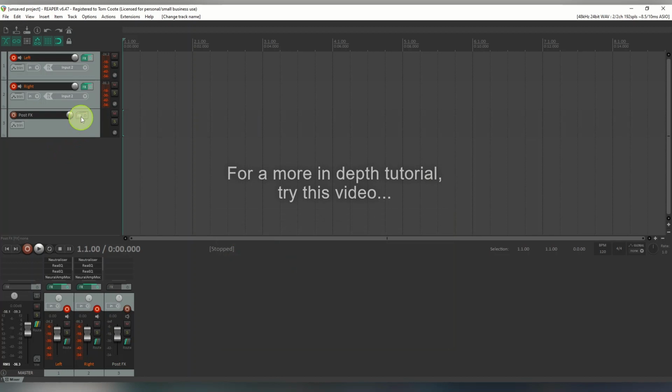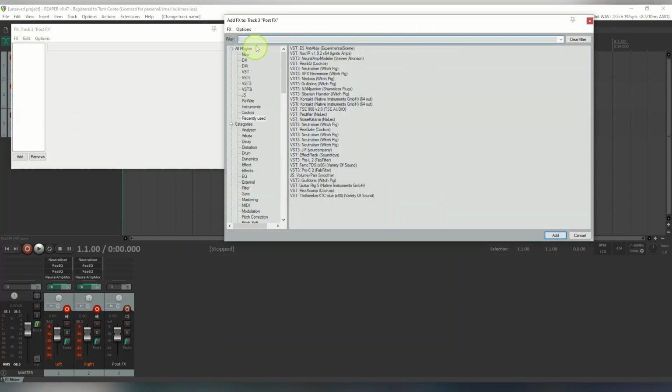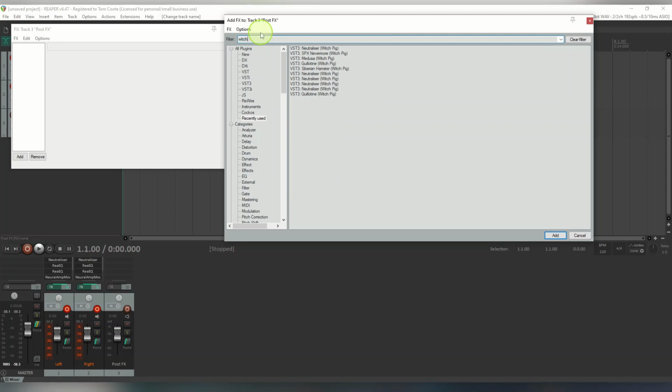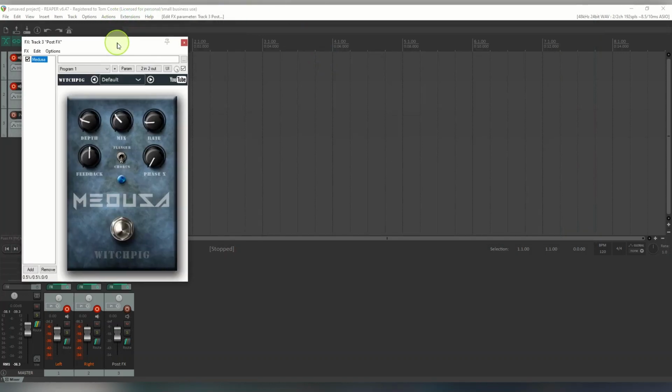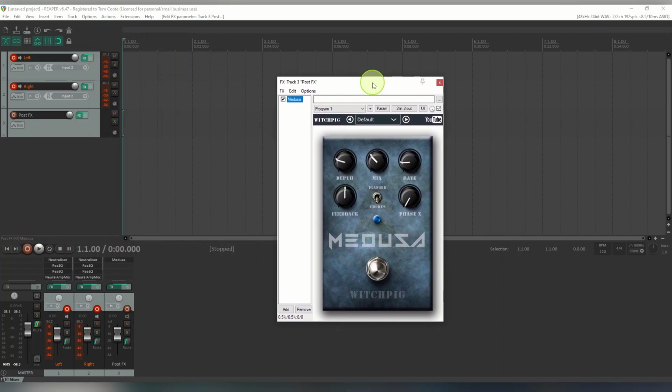Post effects. Okay, so I'll just add in one on that. I'll add in, okay, I'm going to add in Medusa. So this is a chorus and flanger pedal, another big one. Okay, and then